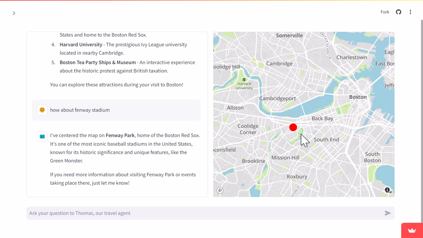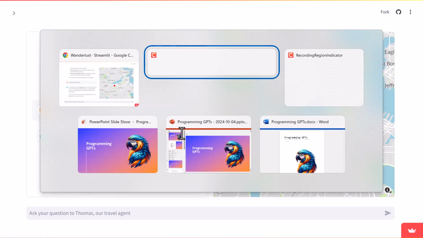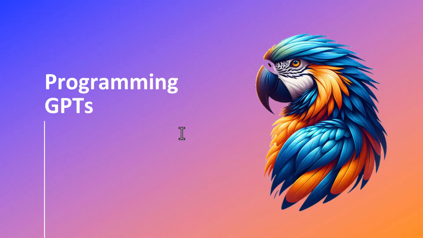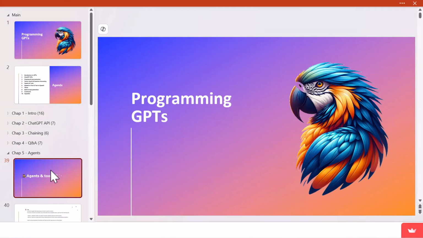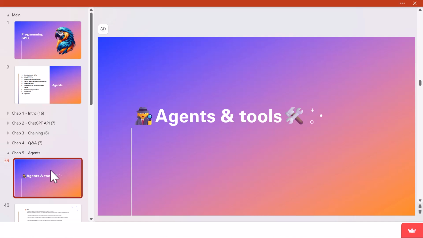Okay, so let's just take a step back and try to understand what's been happening here. Essentially, I gave the AI, Thomas, some tools, and that gave the ability for this agent to perform actions. So in this lesson, I'll cover the notion of agent.